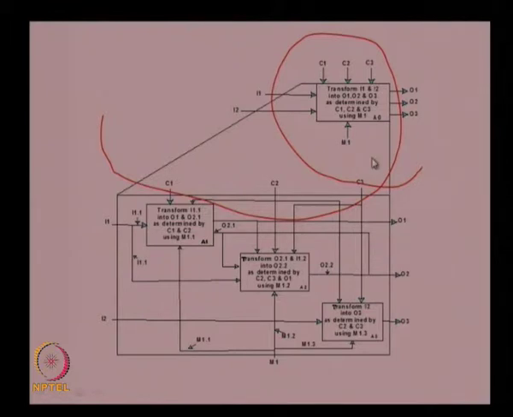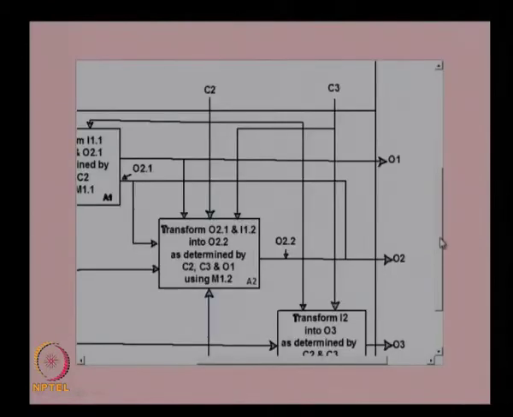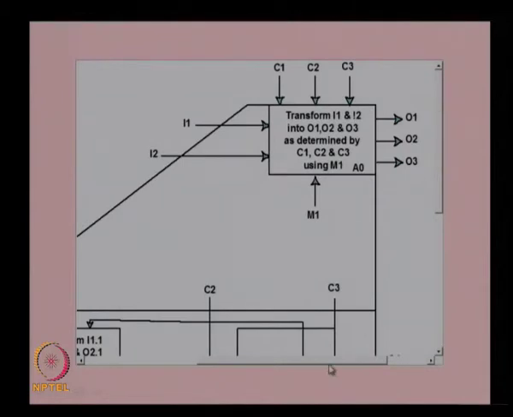A-0, that is a context diagram, and the same diagram can be expanded to the next level, which is known as the A0 diagram, where you will show the A1 functioning, A2 functioning and A3 functioning. So this is shown separately in more detailed explanation. You can see here, this is the first level A0 diagram with I1, I2 as the inputs, C1, C2, C3 as the control inputs, O1, O2, O3 as the outputs, and this is the mechanism through which it is converting the I1, I2 into O1, O2, O3 as determined by C1, C2 and C3.